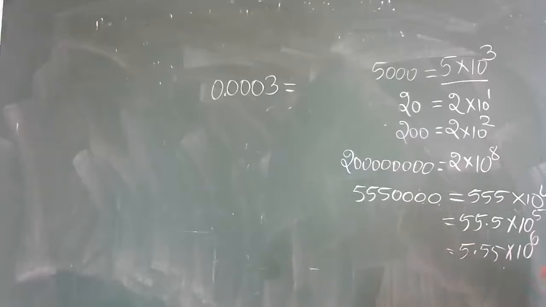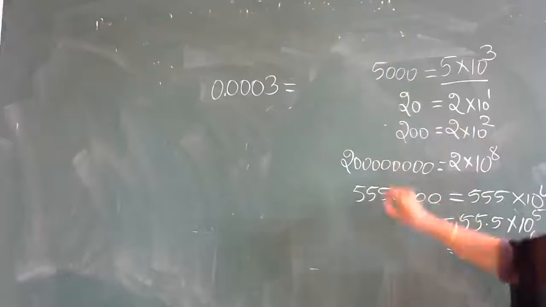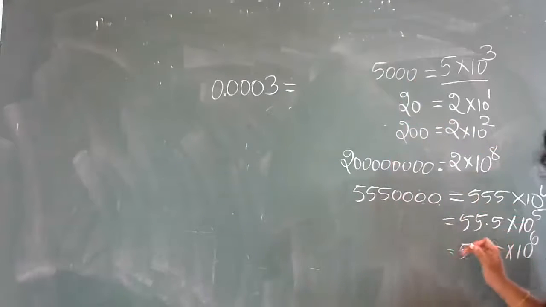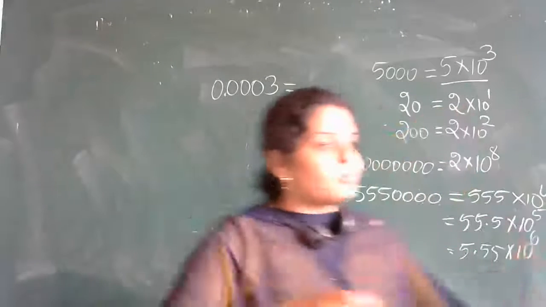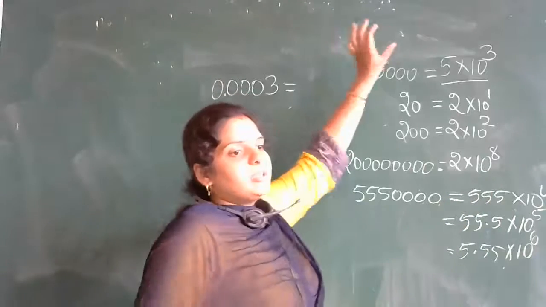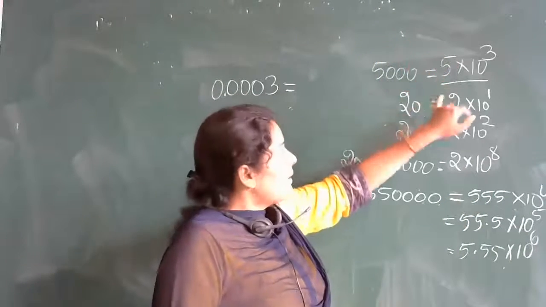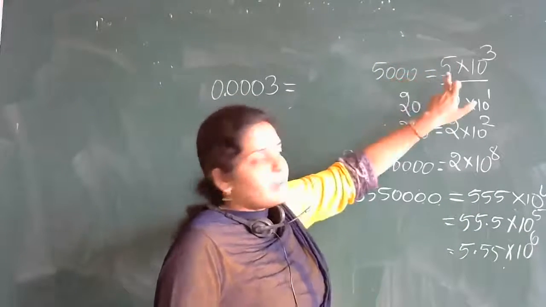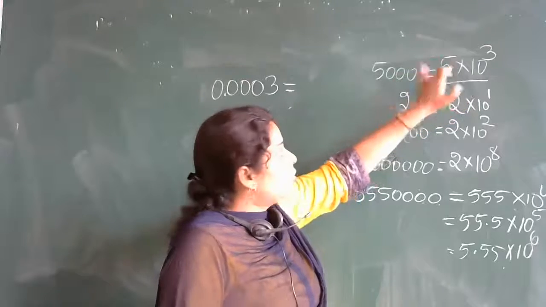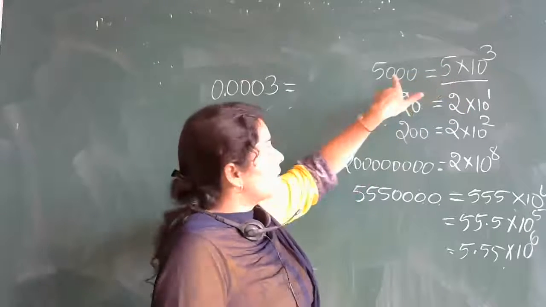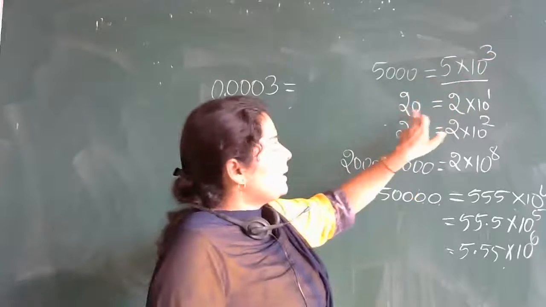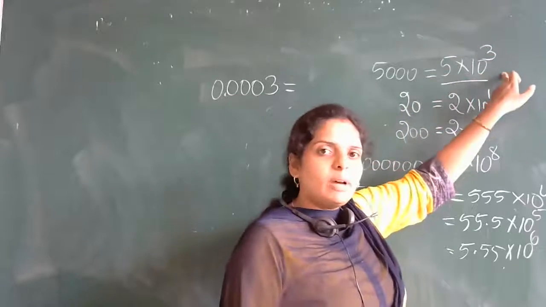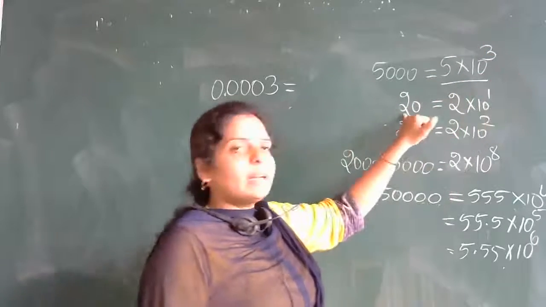First you understand this one, then you concentrate on these two terms. Here somebody has written 0.003. This I'll teach; wait, first I'll complete the positive ones. For positive terms, here 5 is there, so you write 5 as it is, into 10 to the power, how many zeros are there? 1, 2, 3. So to the power 3. Next 20, that is 2 into 10 to the power 1. If you multiply also, you get the same answer.